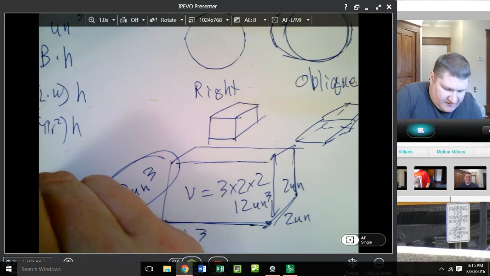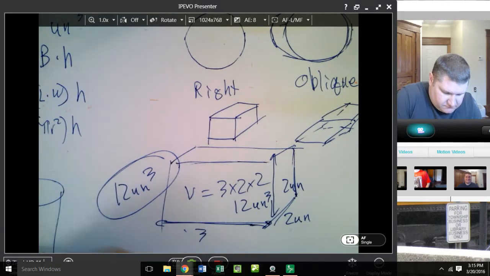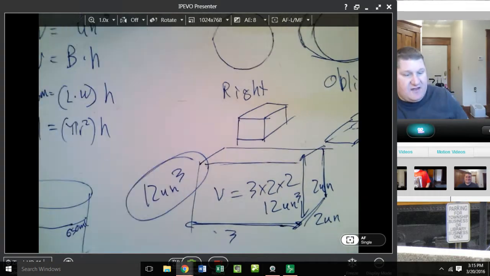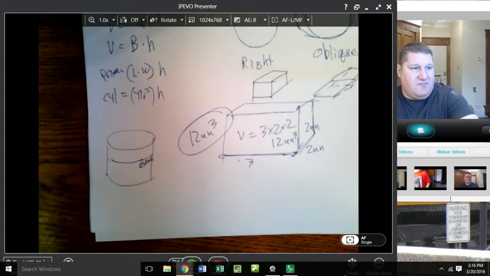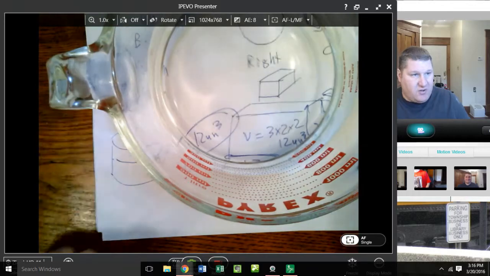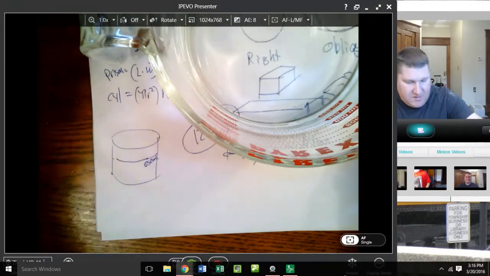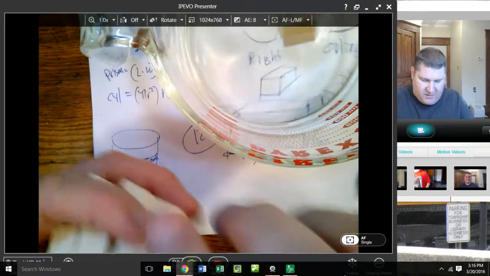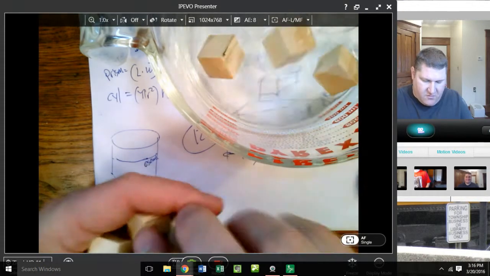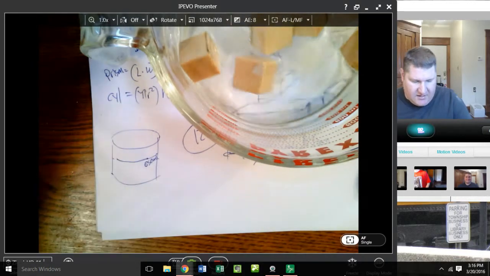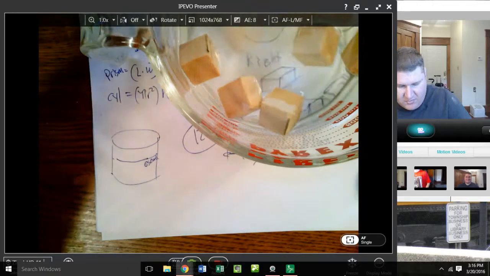So if that is the amount that's currently in my measuring glass, one of the other things I can do for volume is I can measure it by displacement. Meaning if I take my 12 blocks, 1, 2, 3, 4, 5, 6, 7, 8, 9, 10, 11, 12,